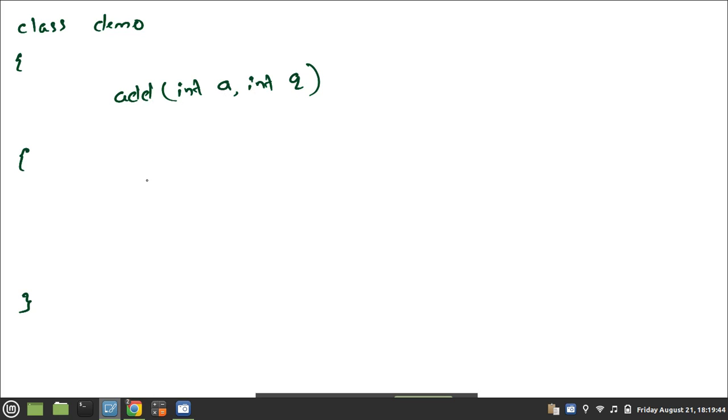Number 1 is present in a, number 2 is present in q. int plus int will always be integer only. That's why the return type of this method will be int. I am returning something, so I should use which keyword? Return. So return a plus q. That's it.